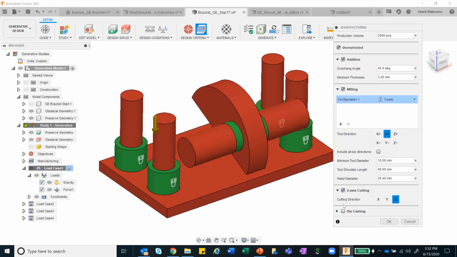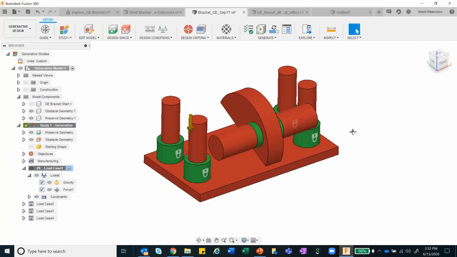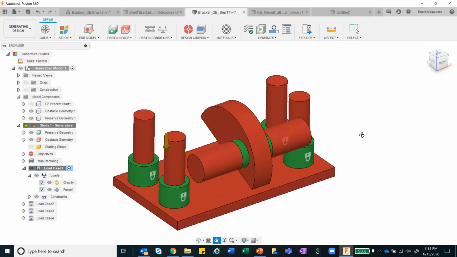If you are looking at a cutting operation like a sheet metal, you can go ahead and define your cutting operation, or a much more traditional means where you are looking at a very large scale volume production. You can even look at die casting as an option. You can provide the draft angle and the thickness so as to incorporate those constraints into your design. So in this case, I'll just define unrestricted additive, and we will look at the results later.